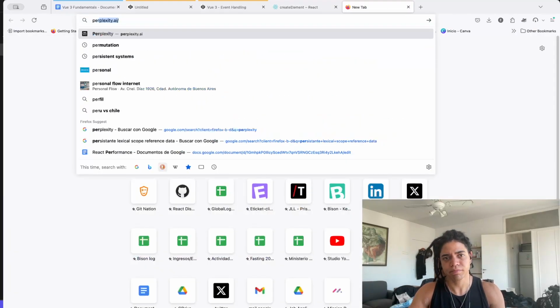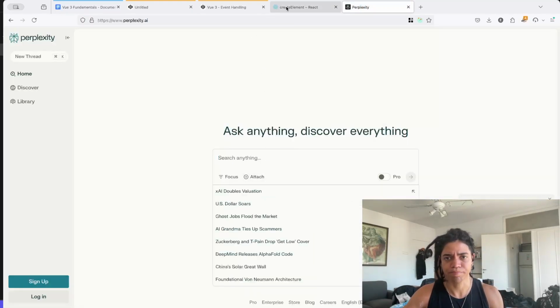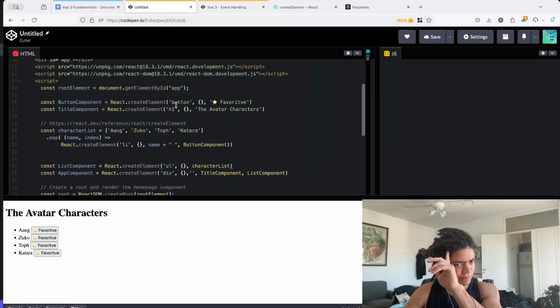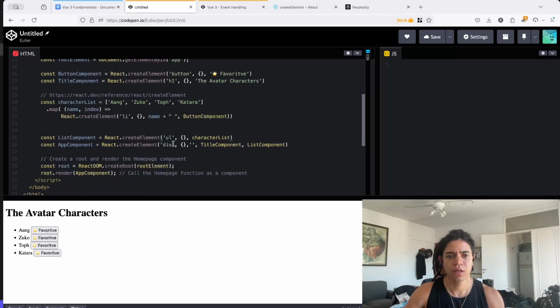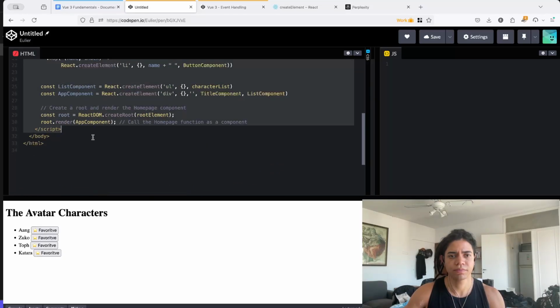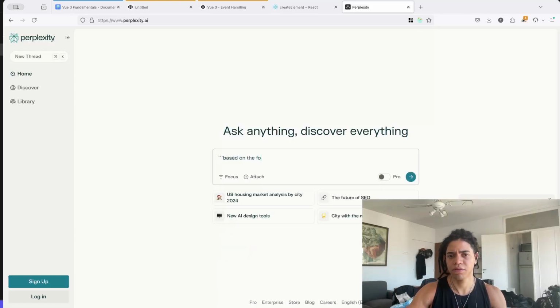Now let's make it straightforward. So, based on the following React code,